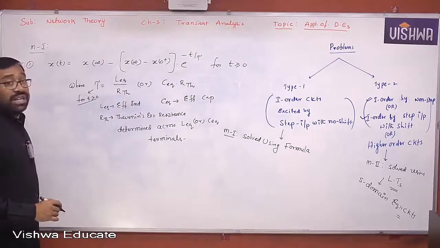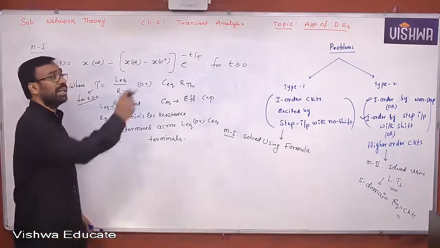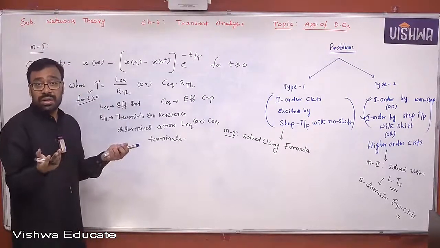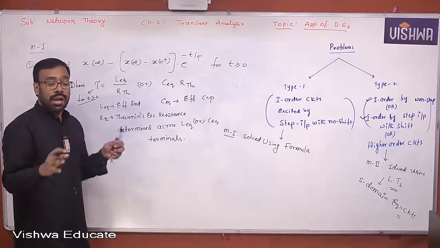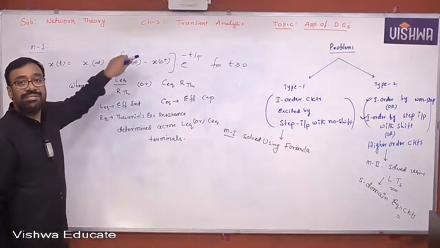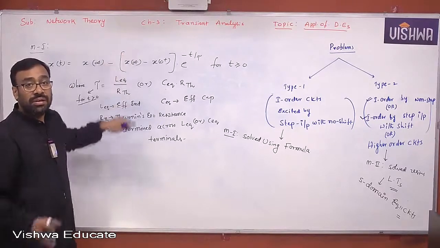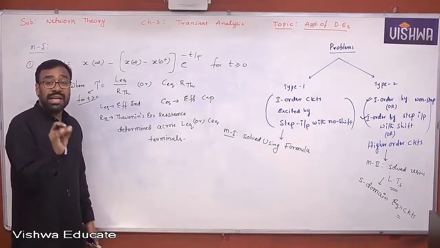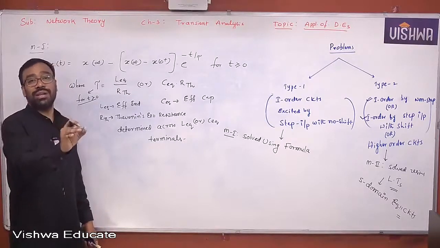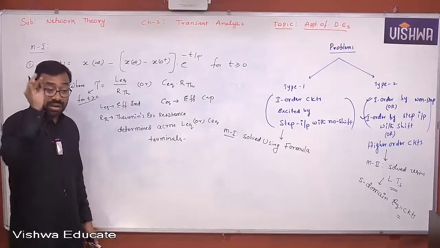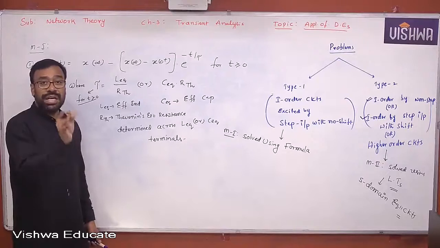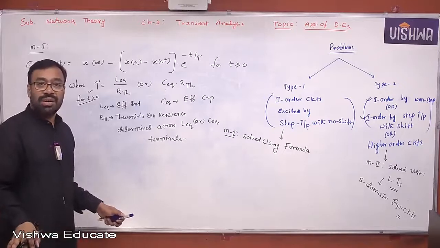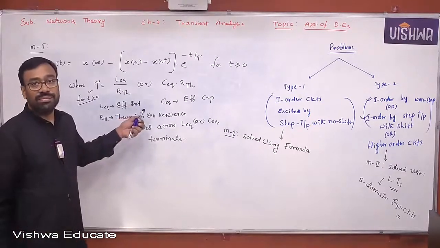Now, you may have a doubt. Sir, what will happen if you have an inductor here, another inductor somewhere else, and I'm not in a position to calculate L equivalent because they are neither series nor parallel? I'm sure that this method is not applicable. There should be a facility, or it should be convenient to determine L equivalent as well as C equivalent. If you're not able to calculate L equivalent or C equivalent values, this method is not applicable. You understand all of you, okay?